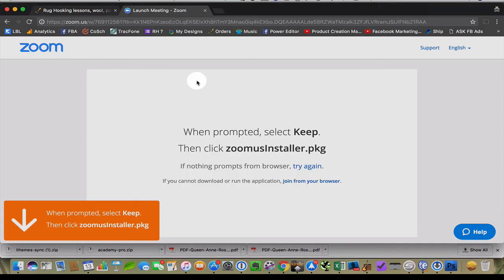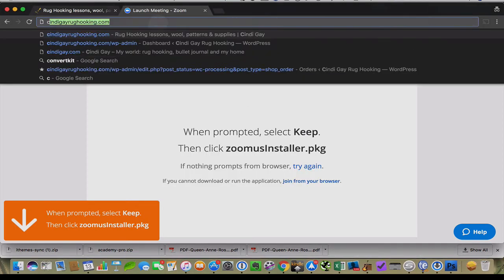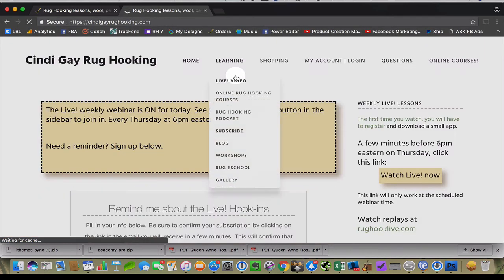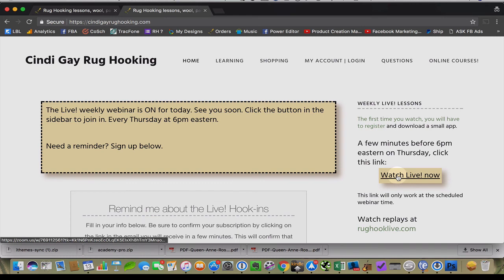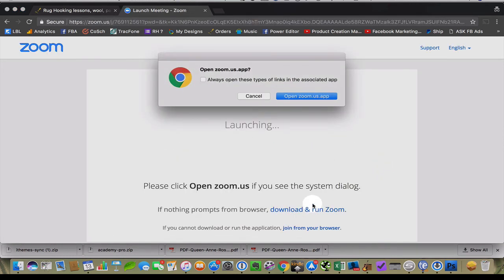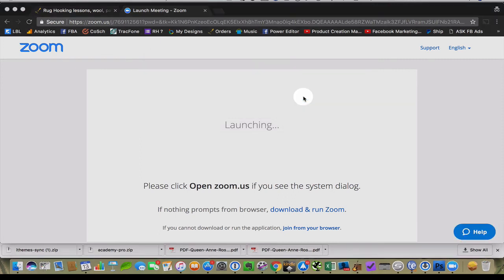So instead of trying to figure out what you need to put in the other ones, let's just close that, go back to my website, and let's click the yellow button. It's always going to be easier to get to the right place by clicking that yellow button. In this particular case, it's asking, do you want to open Zoom? And of course we do. And here, if I click this, it'll open it next time automatically.